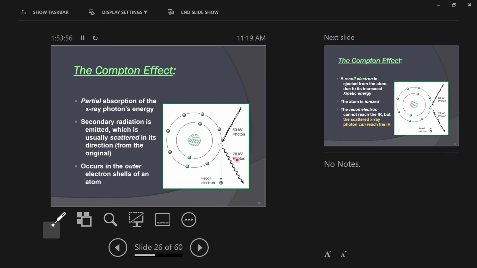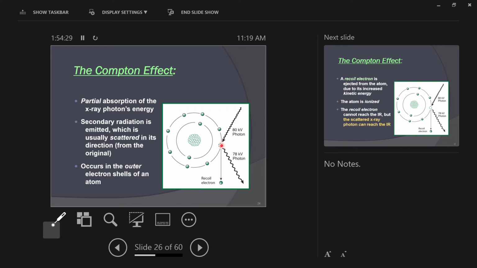Just remember this, there is no such thing as a loss of energy. The rule says energy is conserved, because we said so. And it's what all experiments seem to show, energy is conserved. So we started with 80, left with 78, we could measure that, and we lost an electron. So we have to say that the electron could have had 1 keV of binding energy, and the rest went into making the electron fast, the kinetic energy of the electron. So from just looking at this, we don't know how much binding energy